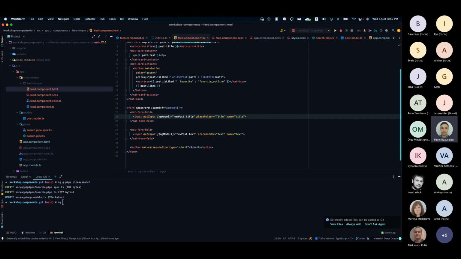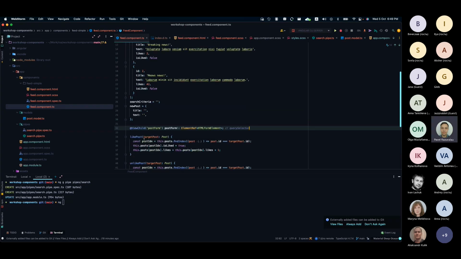In case we're dealing with events, we use parentheses and specify the name of the event that is going to be listened to. So binding is to use some sort of events or property to handle it or to pass something. Okay,